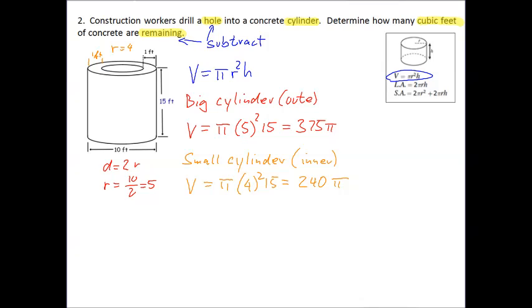And now for our last step, we need to take the volume of the big cylinder and subtract the volume of the small one from it. So 375 pi minus 240 pi, and that is equal to 135 pi. And now that we have a final answer, we can go ahead, punch that into the calculator, and we're going to get approximately